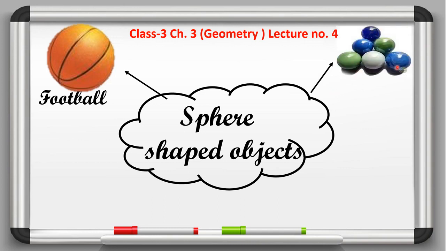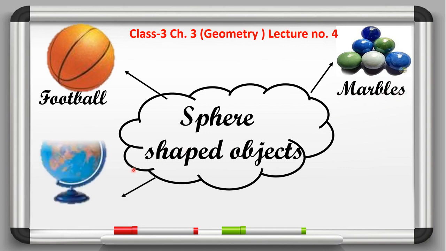Which object is this? Do you know? These are marbles. Okay. कंचे जिसे हम हिंदी में बोलते हैं. Okay. So here we will write marbles. M-A-R-B-L-E-S. Marbles. Now the third one is, yes, can you tell me which object is this? This is a globe. G-L-O-B-E. Globe. Okay. The next one is,